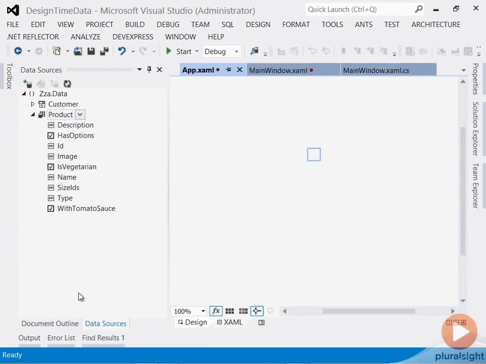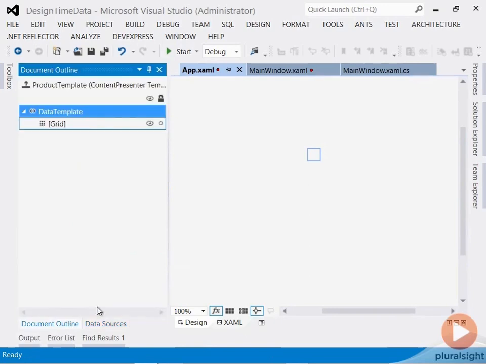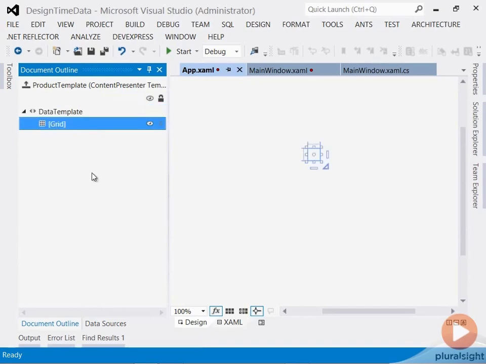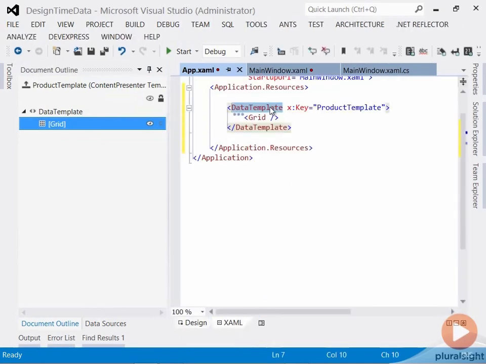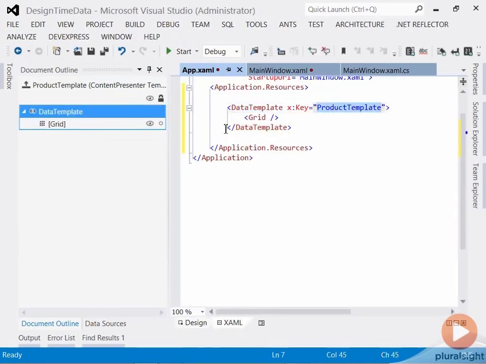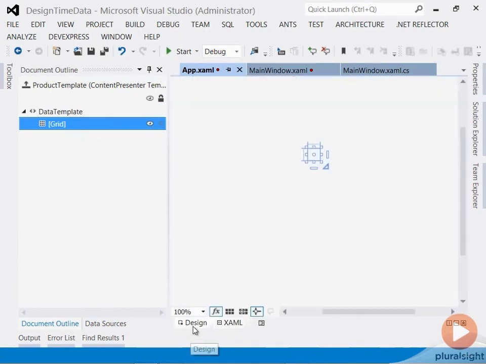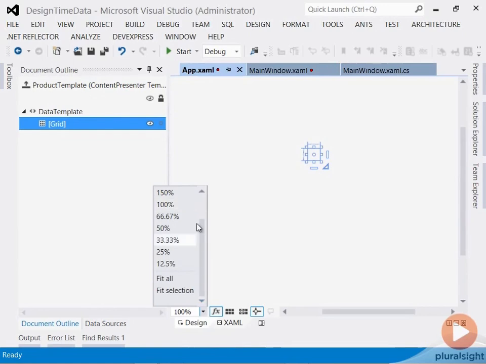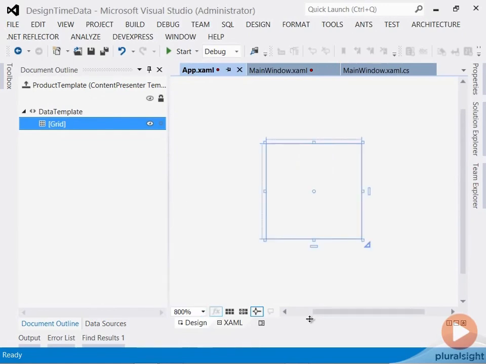A very important window in Visual Studio when working in this mode is the document outline view. You can see that the document outline view shows that we are working with a data template, and it's got a single grid within it. In fact, if we go look at the XAML, that's exactly what we're looking at, a data template named Product Template with a grid inside of it. But what we've got is a design time experience for working with that. So I can zoom in a little bit here. We'll go to 800%,